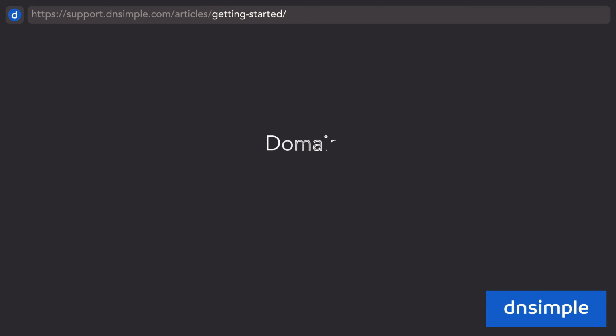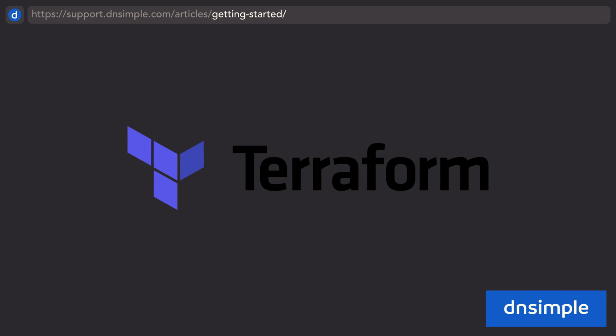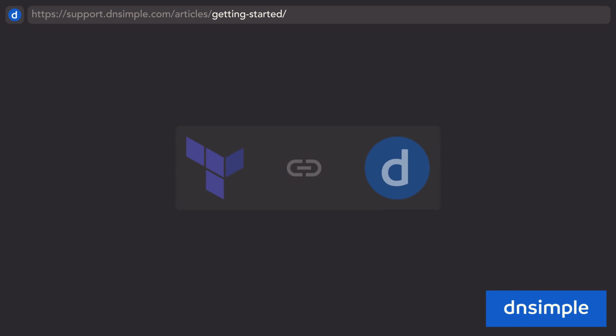Managing domains, DNS zones, and their records is an ever-changing matter when operating at large scales. That's where infrastructure as code comes in. Using Terraform, you can control your DNSimple account's DNS zones, domains, and much more. By the end of this video guide, you'll be able to get your domain and DNS infrastructure with DNSimple up